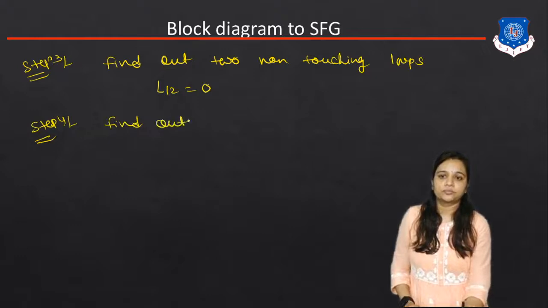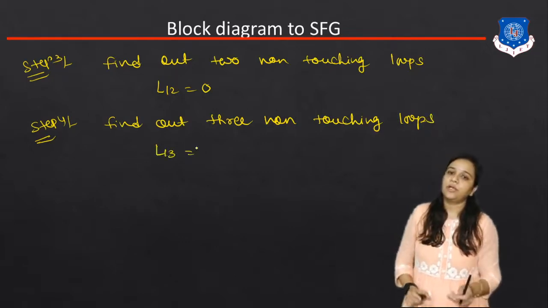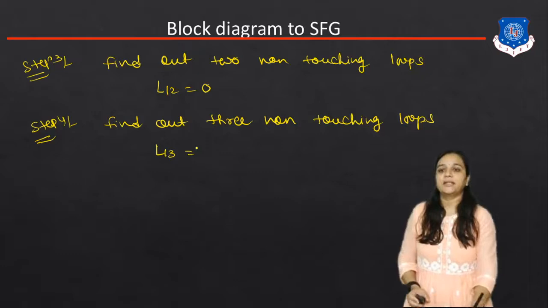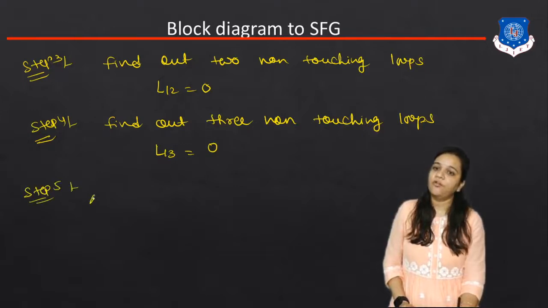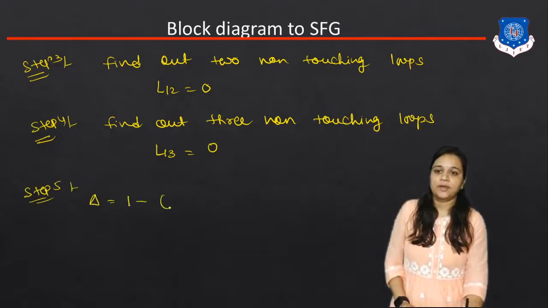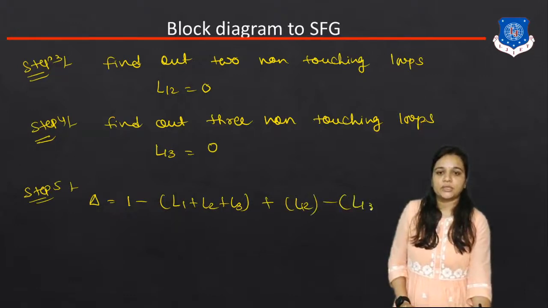Now step number 4, find out 3 non-touching loops. Okay, if 2 non-touching loops are not available, then the answer for 3 non-touching loops is 0. So now find out the value of delta. So delta is 1 minus summation of all the individual loops plus summation of 2 non-touching loops minus summation of